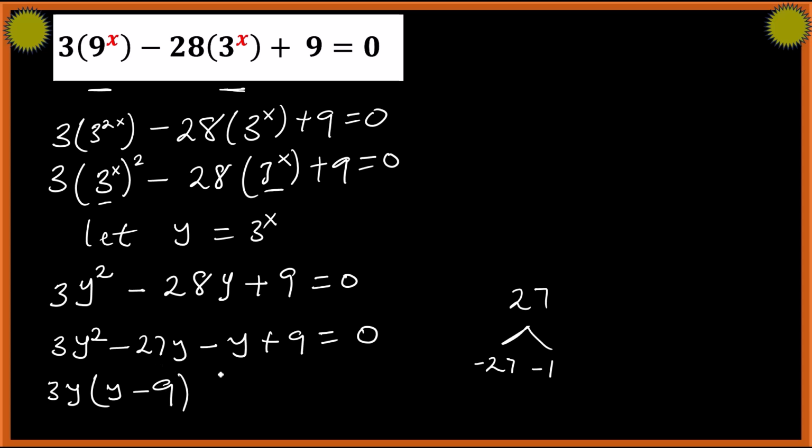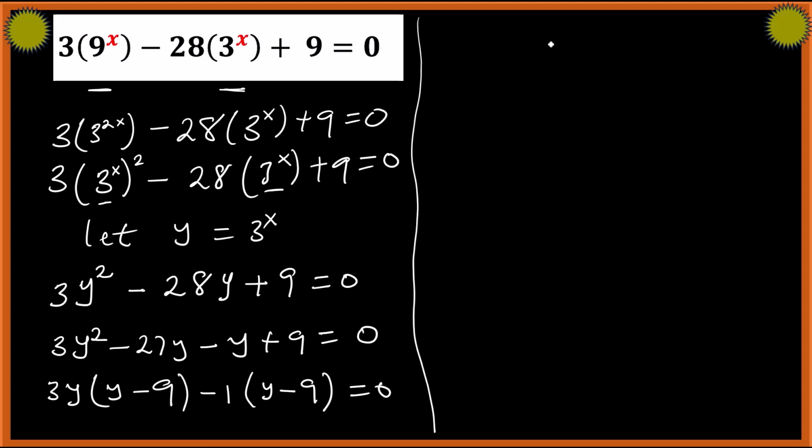Okay, so let's take negative 1 out here. So if I do that, we'll have y minus 9 equal to 0. Now in going back, minus 1 times y is minus y. Minus 1 times minus 9 is plus 9. Okay, have y minus 9